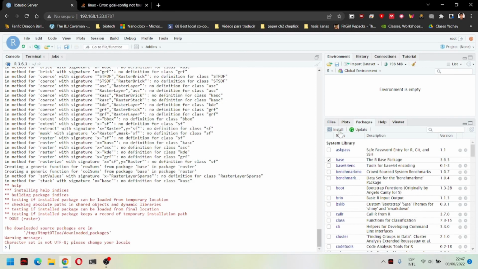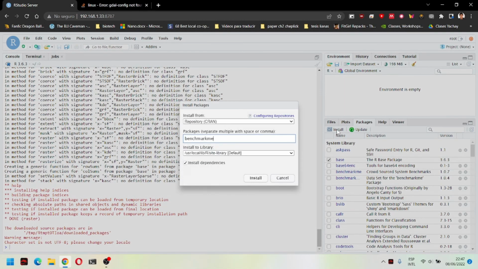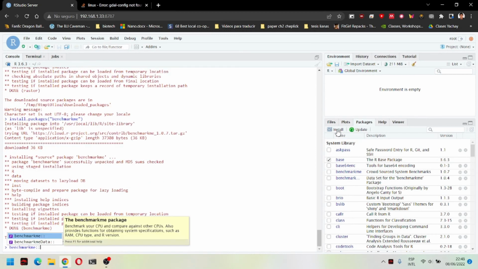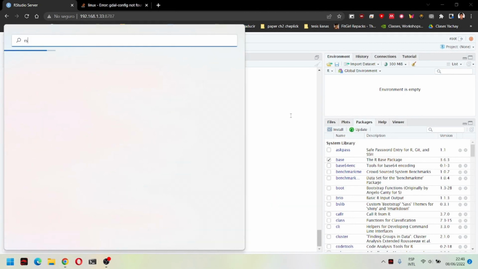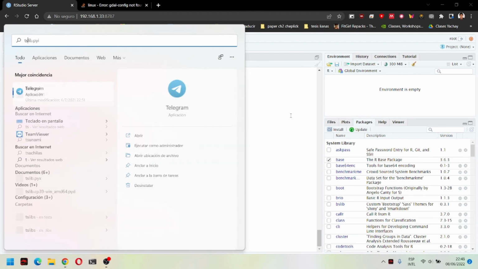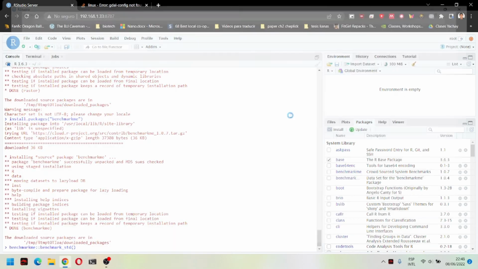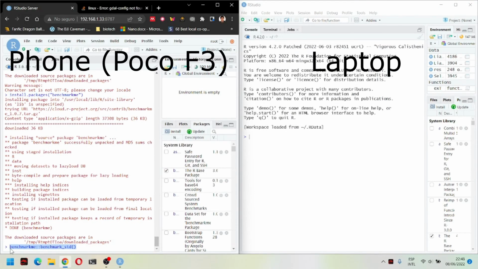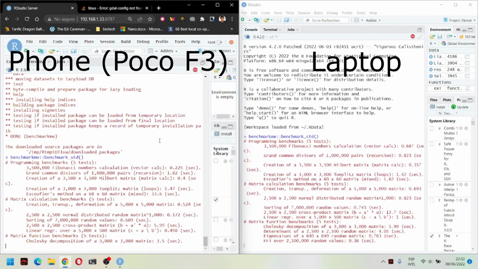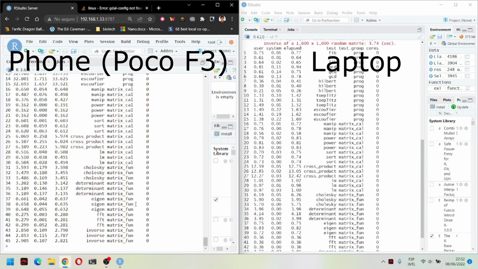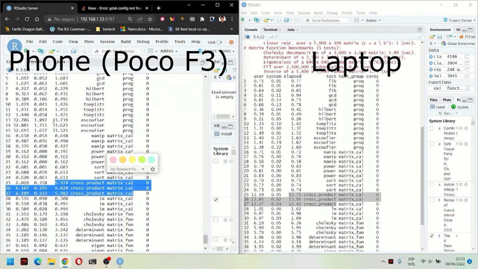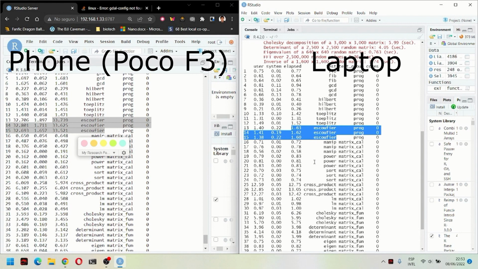And now it works. I can do a benchmark by installing the package benchmark and run benchmark_std. And I am going to compare it with my laptop results. You can see that my phone was faster than my computer doing the cross-product tests. My phone took like 6 seconds to execute the cross-product while my computer took 12 seconds, twice as long. But my phone was slower doing the Escoffier test, taking it 33 seconds while my computer did it in 1.6